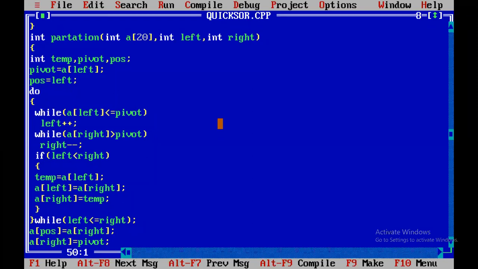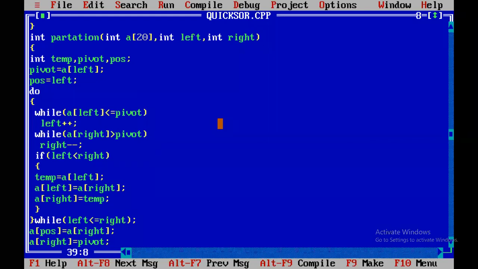Do and while left is less than or equal to right. Increment the left position by 1 if the value contained at left is less than or equal to the pivot. This process continues until left is less than or equal to right. For this purpose, I wrote: while A of left is less than or equal to pivot, left plus plus.